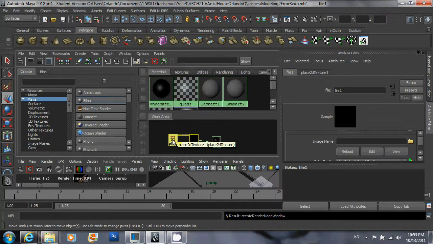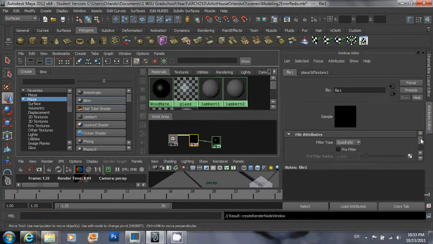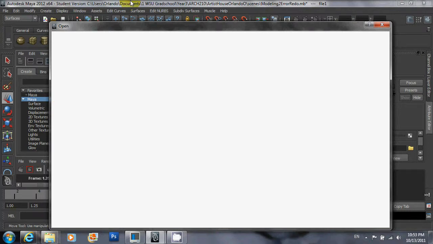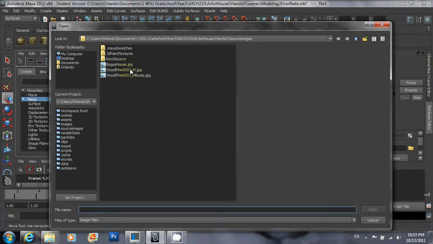One is the placement node, which controls how this texture interacts with the geometry, and the second node is the actual file. So click on the file, and then over here on the right side, you might have to scroll down a little bit. Go ahead and click on this folder icon next to the image name, and if your project is set, you should automatically see all the textures you've downloaded. So I'll just go ahead and choose this one,